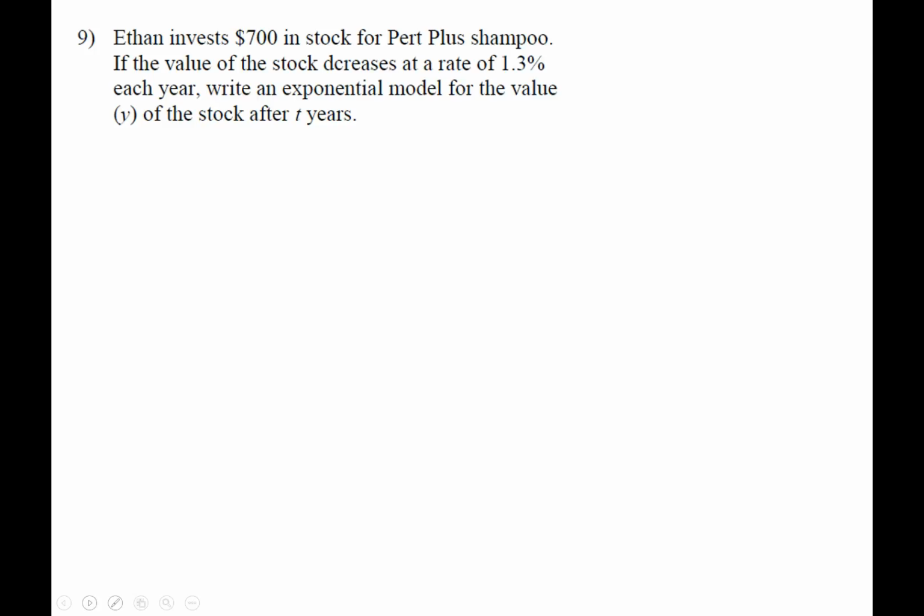Next one, Ethan invests $700 in stock for Pert Plus shampoo. If the value of the stock decreases at a rate of 1.3% each year, write an exponential model for the value y of the stock after t years. So here our action is to write the model, which means write the equation. What we're looking for is a times b to the t